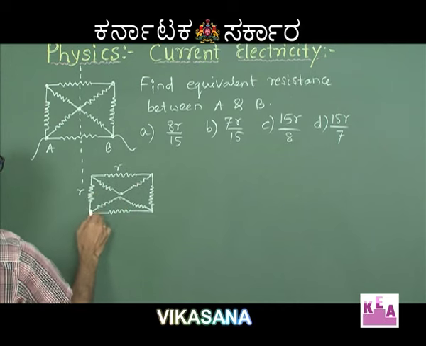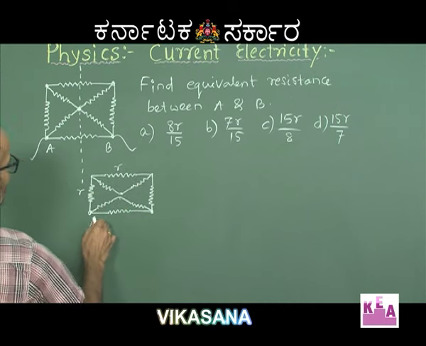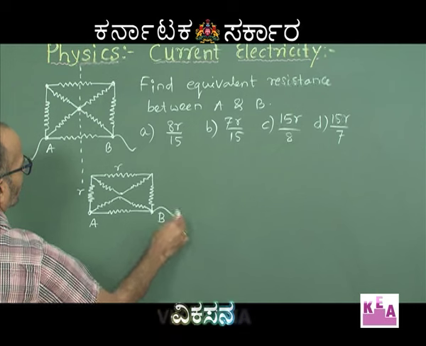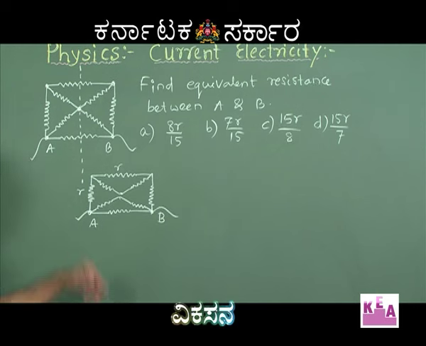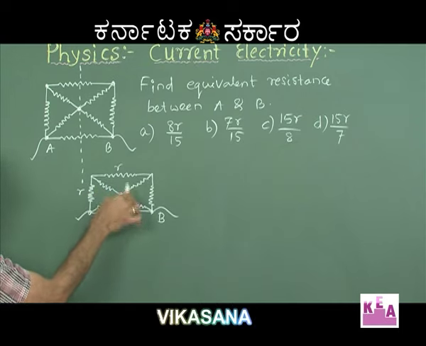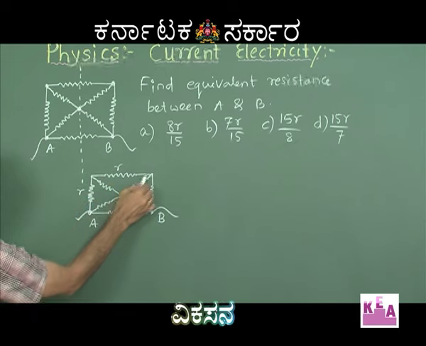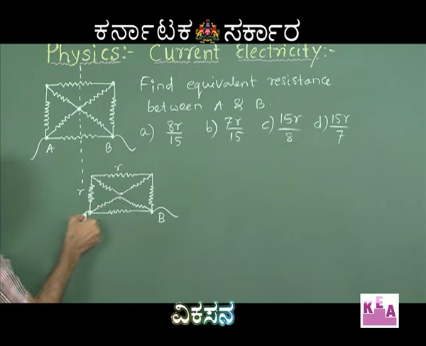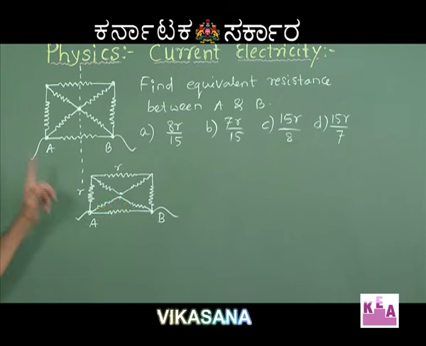All these are R. These two are still A and B, and we are supposed to find out the equivalent resistance between A and B. I have just removed this joint, but please remember, while removing the joint, I have identified the resistances in which the current is going to be the same. This and this will carry the same current, not this and this. So the joint is not removed without any thought. I have applied the rules of symmetry and then I have removed the joint properly.